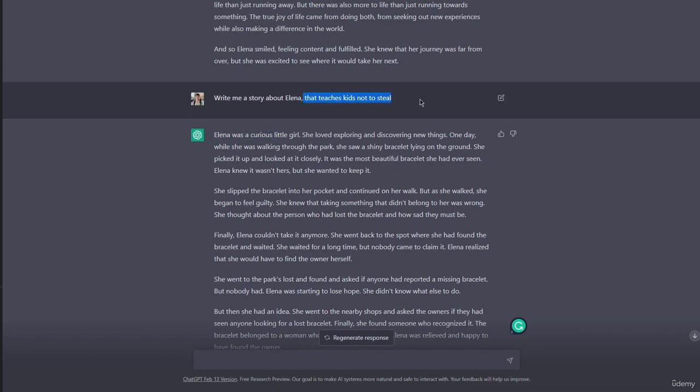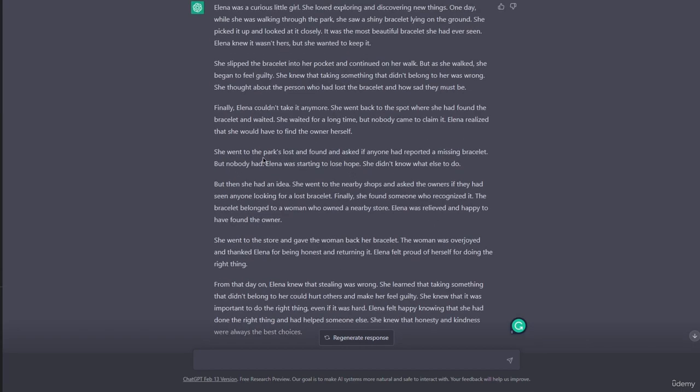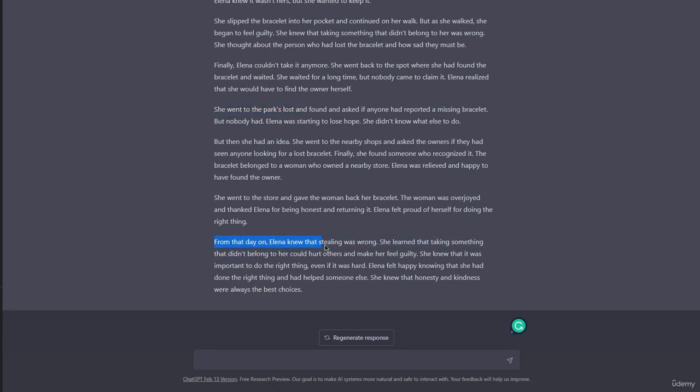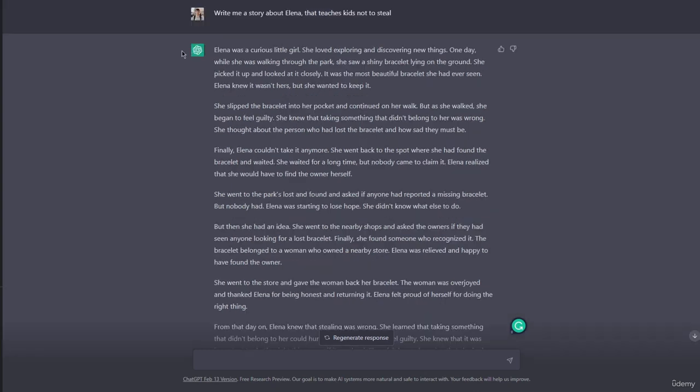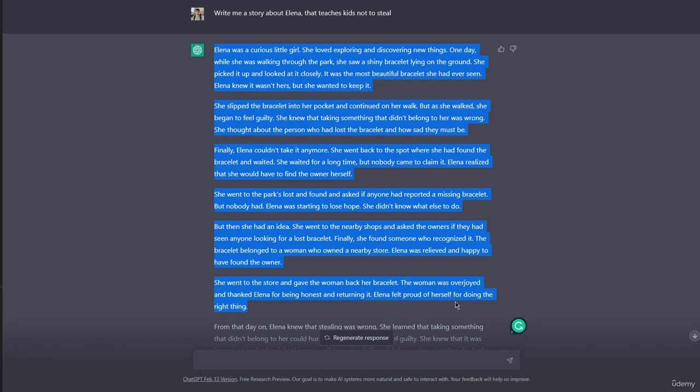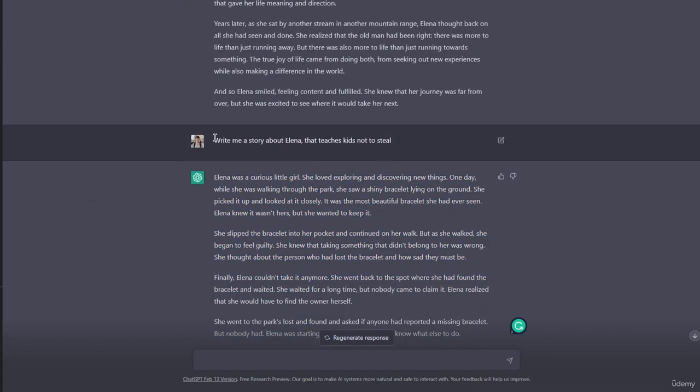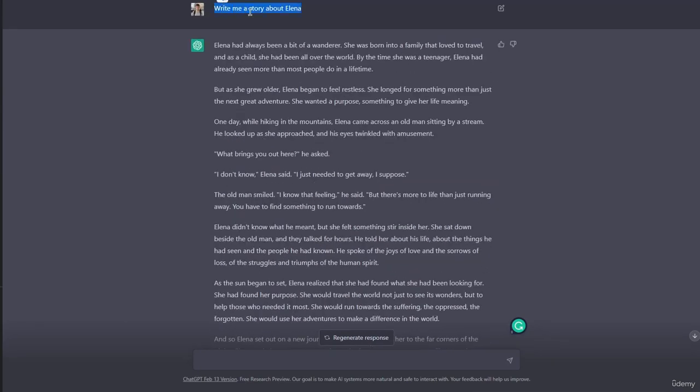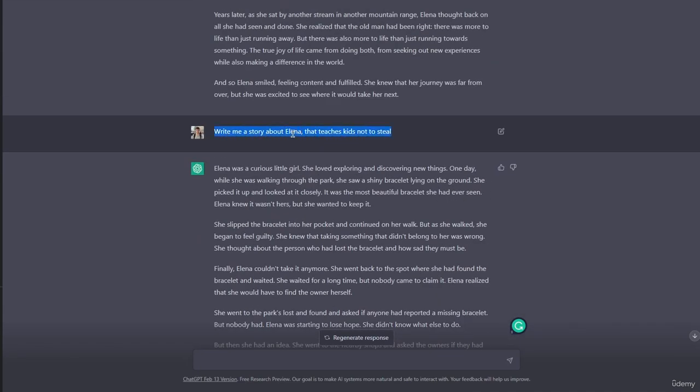It has to have this moral within the story. And from that day on, Elena knew that stealing was wrong. She learned that taking something that didn't belong to her could hurt others and make her feel guilty. Interesting story, actually. I just read it. Anyway, you get the point, the difference between an open prompt and a closed prompt. That's it, mainly. I basically shaped the whole story,